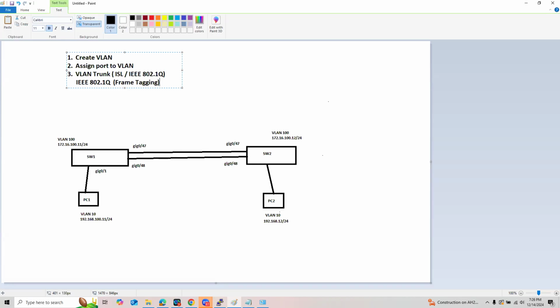Again, in order to identify which VLAN a frame comes from, it can be identified through the VLAN ID that was added in the VLAN tag. This VLAN tag is actually 4 bytes in size. That's the standard IEEE 802.1q.